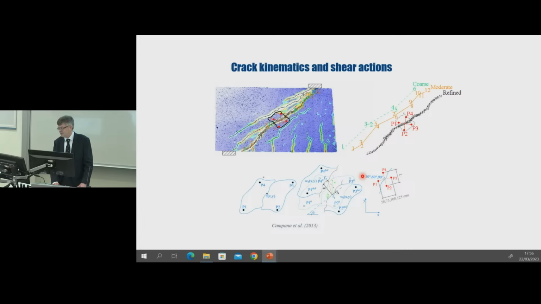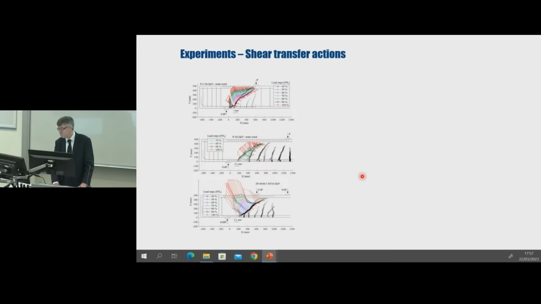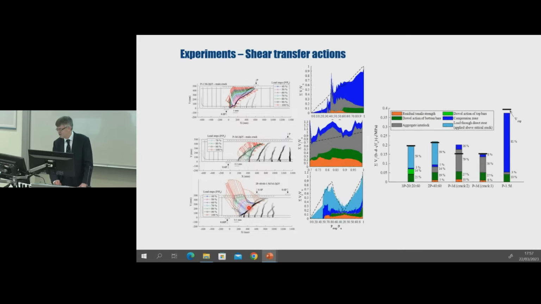We process the digital image correlation data from the tested beams to obtain the crack opening and sliding displacements as we increase the load on each beam to failure. These crack opening and sliding displacements are plotted along the crack as vectors in these figures. So making use of that crack opening and sliding information, we were able to calculate the contribution of each shear resisting mechanism as we increased the loads to failure. So the results are shown in these central charts, and what we see is that the